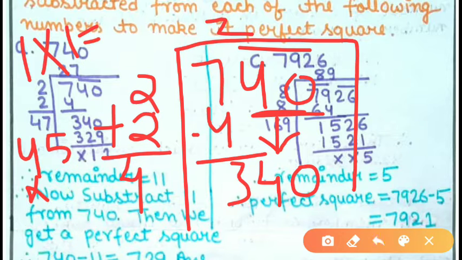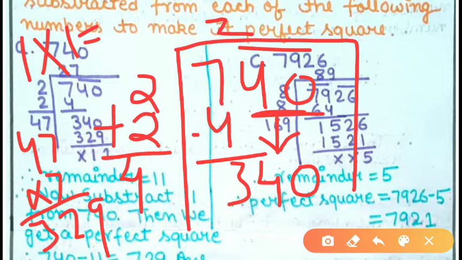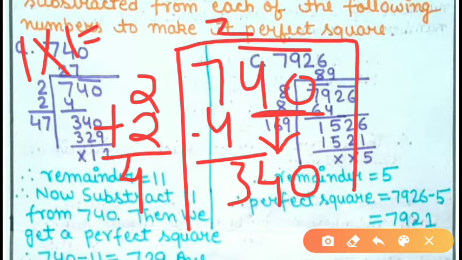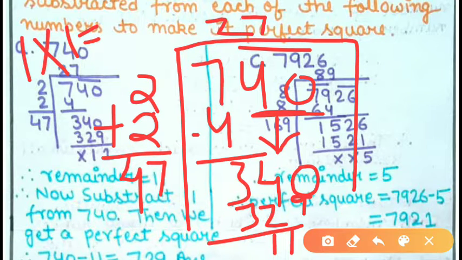Okay, let's check for 47 into 7. When you multiply this you will get 329, and when you multiply for 8 it will give you a number greater than 340. So go with this 7, write here 7 and here also 7, 329. Okay, and when you subtract it you will get as a remainder 11.